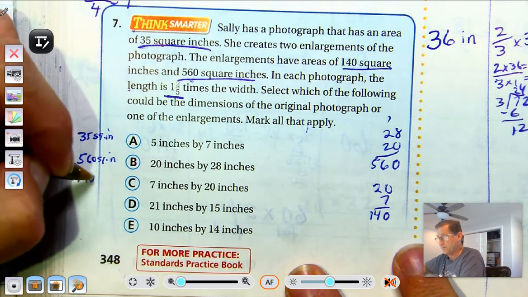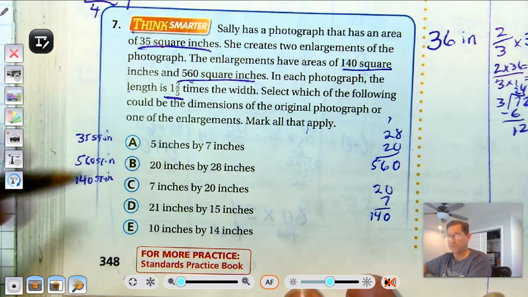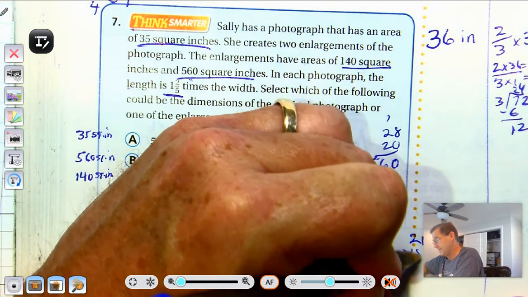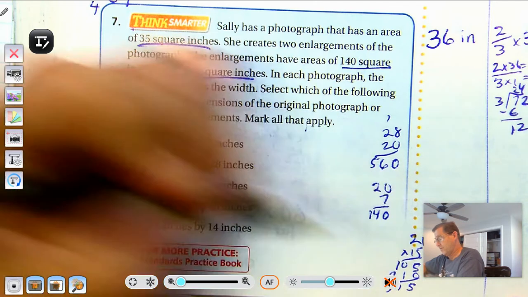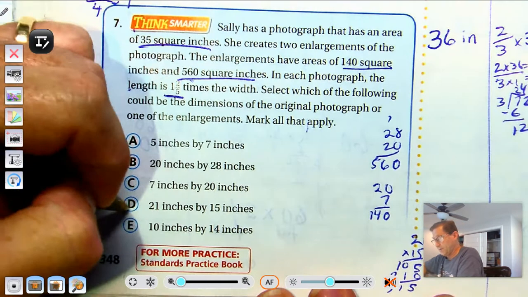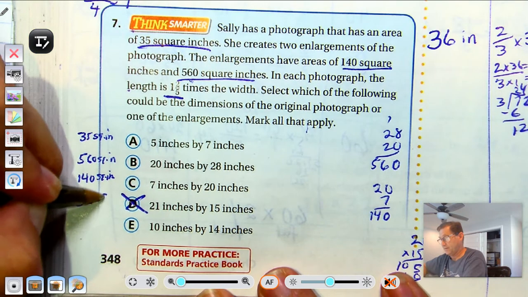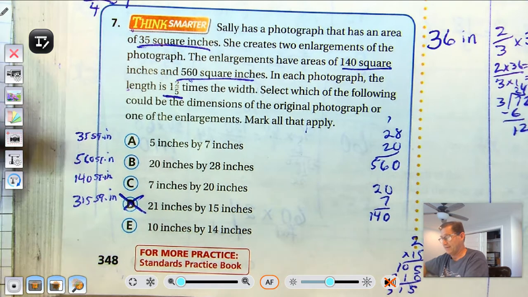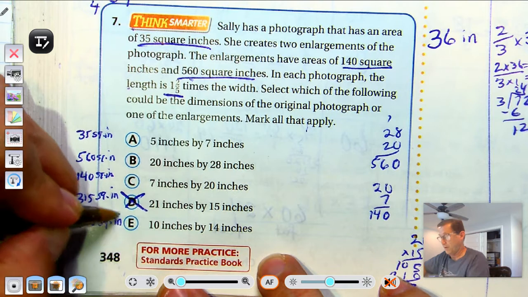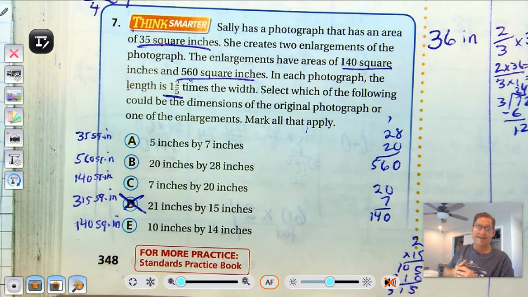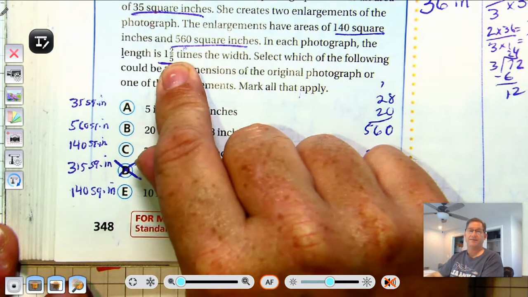So, okay, so far all of them match the area of one of our pictures. 21 times 15, 315. So, okay, so we can eliminate D. There's no way that's going to be, because it's 315 square inches. 10 times 14, I know that that's 140 square inches. All right, so A, B, C, and E could be possible answers, but now we have to see if the